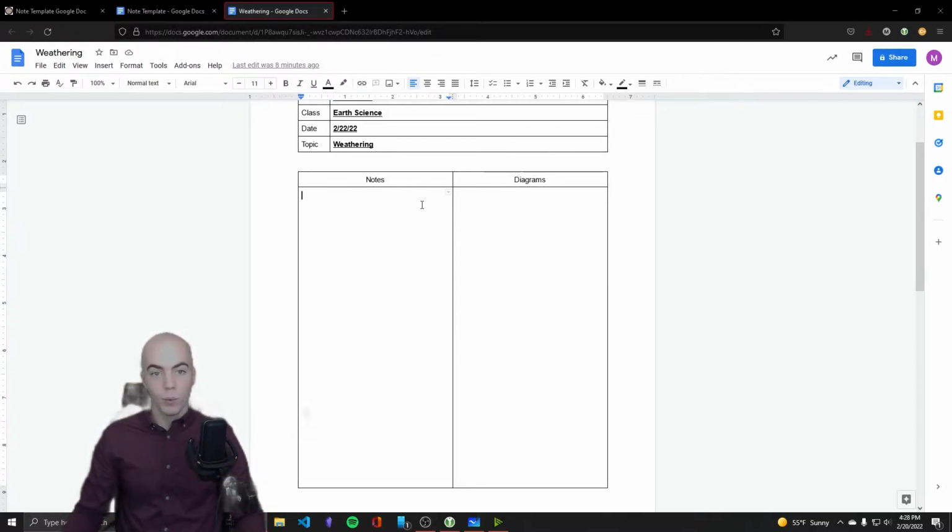This week's topic will be weathering, as you can see, so we're going to need to ask a few questions to really get into weathering. First, we know that things change over time, and that includes pretty much everything. I can't really think of hardly anything that doesn't change over time. The earth changes over time, that's for sure. There are houses here today that weren't there before. There are forests here today that weren't here before. There are species here today that weren't here before. The same is true in reverse.